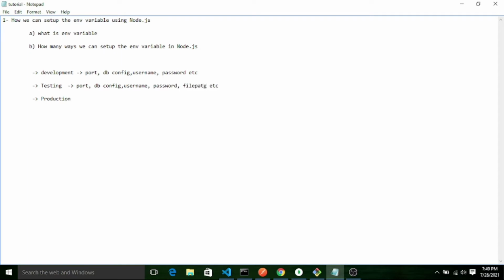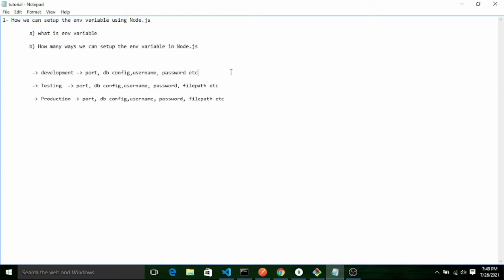These are some basic parameters I am showing you. So these can be changed when we are moving from development to testing. Similarly, when we are moving from testing to production, that is final deployment, when we are going live with our project, these values will again be changed.